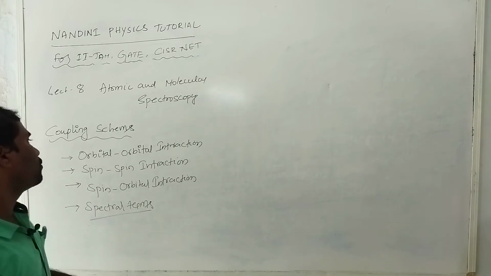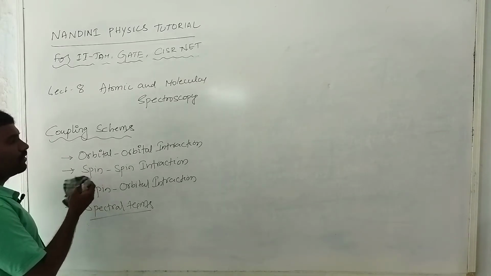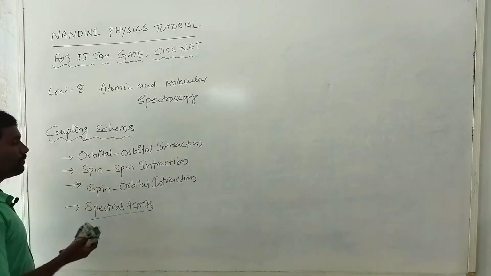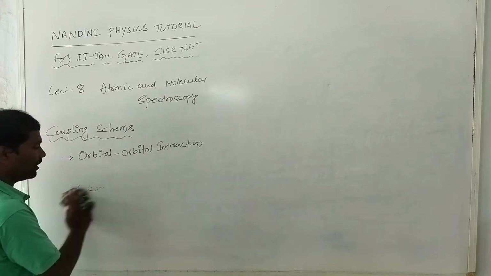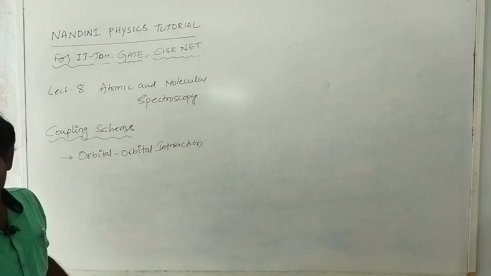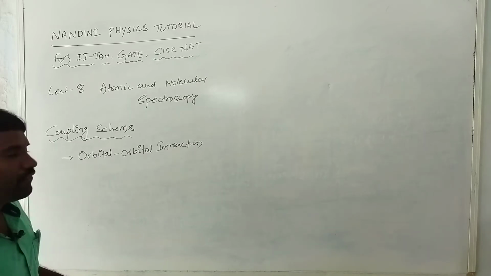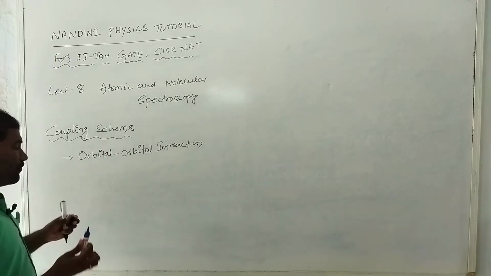Okay, so right now I start with orbital interaction first of all. In orbital interaction, after that I will move to spin interaction. So first of all I write what is orbital interaction. Suppose this is an orbital interaction. So for that purpose